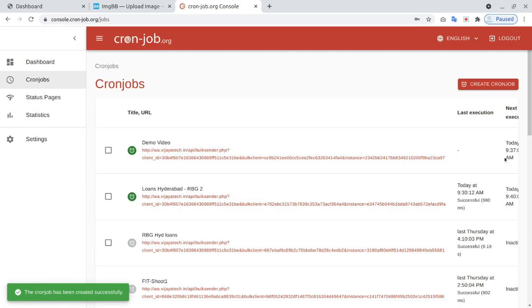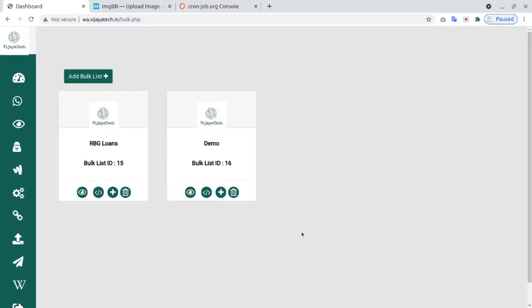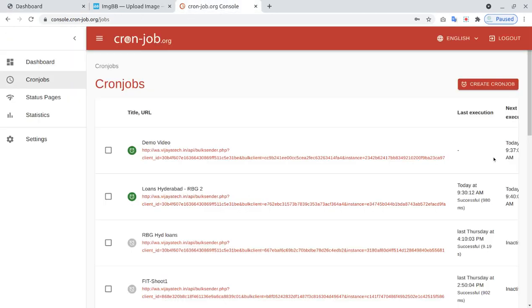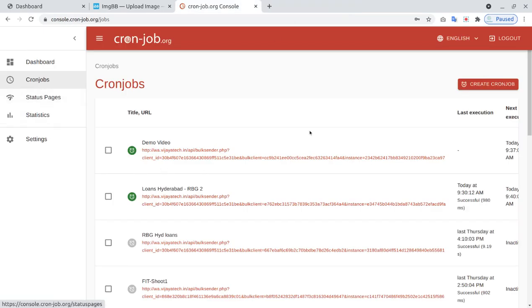It will execute. Now it is 9:36 a.m., so it will execute at 9:37 a.m. Wait for a minute. You can see the messages here also. Once it is sent, you can check here also, like cron jobs.